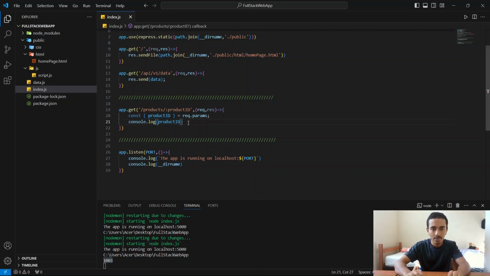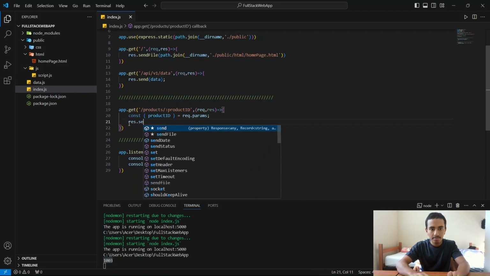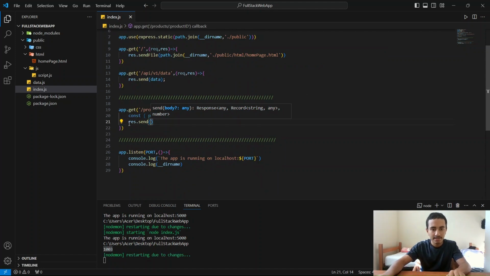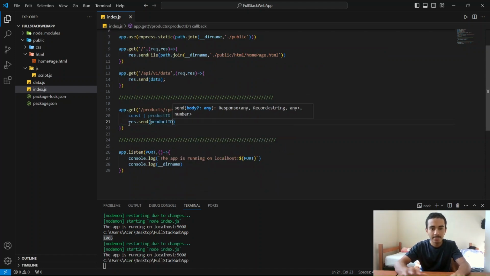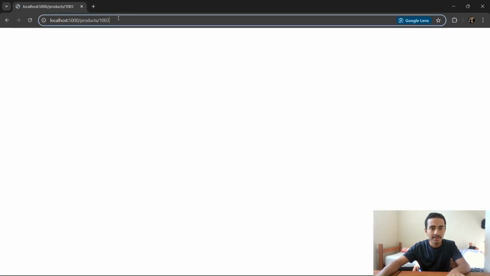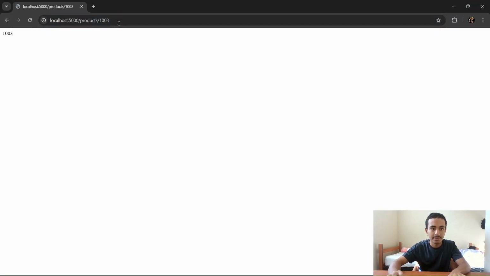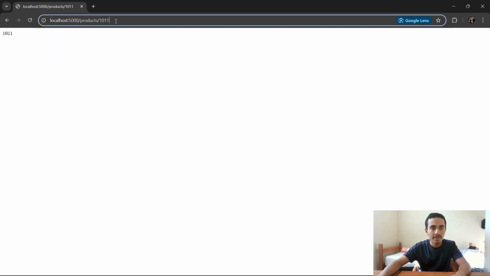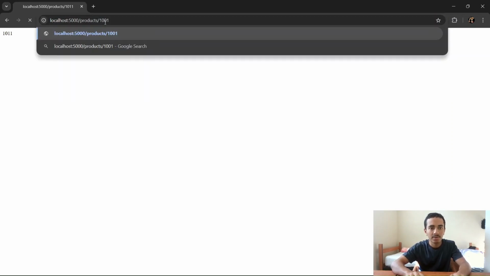And basically, now what we can do is you can just pass in res.send and use productID. Now what it should give us is the productID here. So here you can see 1003. If I give 1011, you can give 1011, 1001,